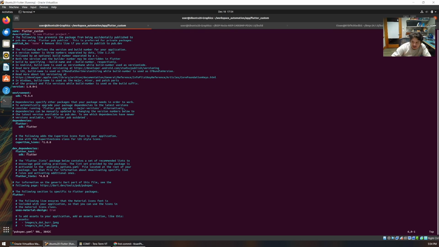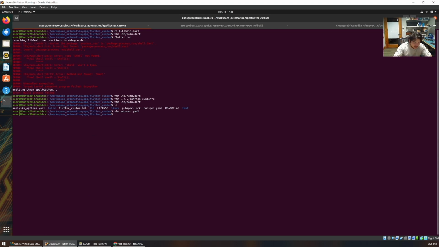We can do that down here on the dependencies section, right here, like so. And so now this is telling the Flutter build system that, hey, we are using process run, we need at least this version, please use that when building our application. So now I should find that Flutter run, whoops, cross my fingers,